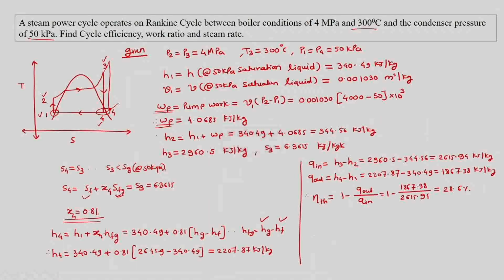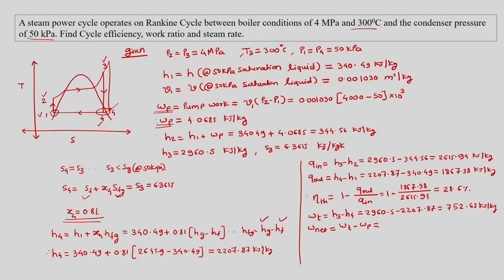28.6%. We can also find out turbine work, and turbine work is H3 minus H4. H3 is 2960.5 minus H4 as 2207.87, and this gives us turbine work as 752.63 kilojoule per kg. Pump work is already found out, so we can get W net,